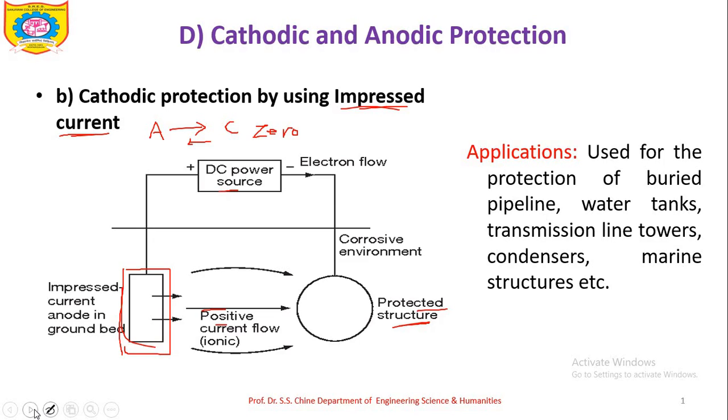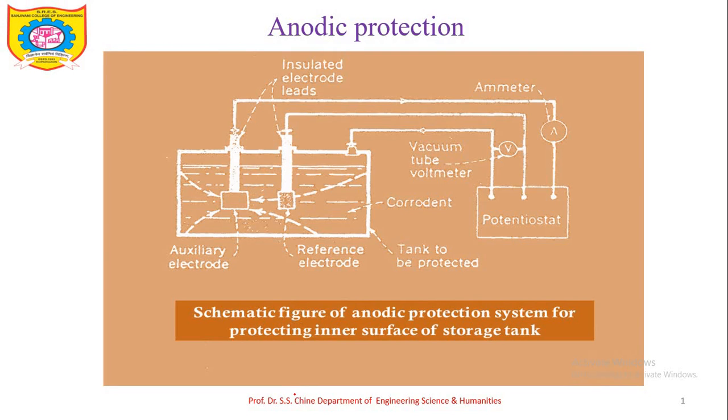Now the second type of protection is anodic protection. So what do you understand by anodic protection? Okay, so in anodic protection the metal structure to be protected is acting as anode. Listen to it carefully. The metal structure to be protected is acting as anode. So you may think, how then will it get protected? So there is one phenomenon which is known as passivity. Okay, so this passivity phenomenon I already explained, I think, in the factors.